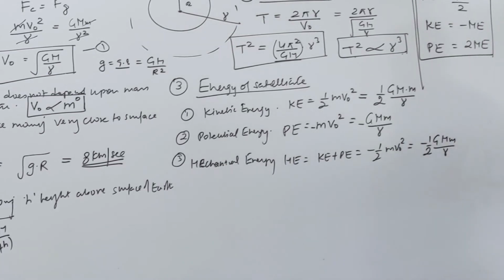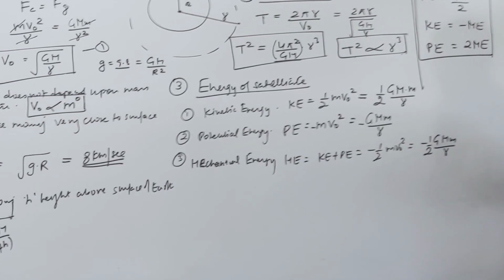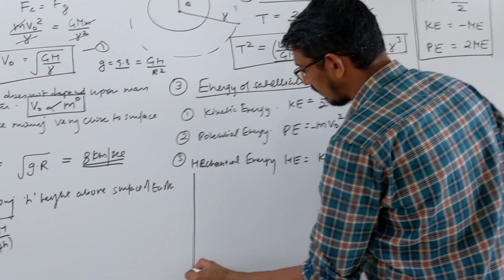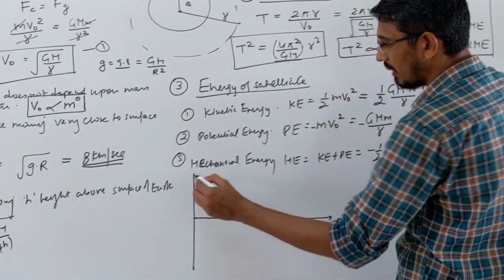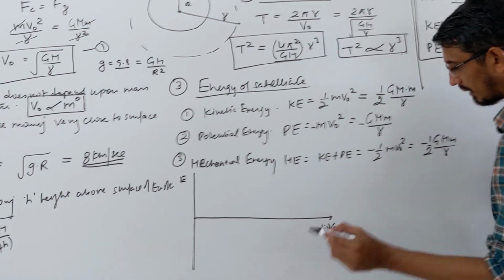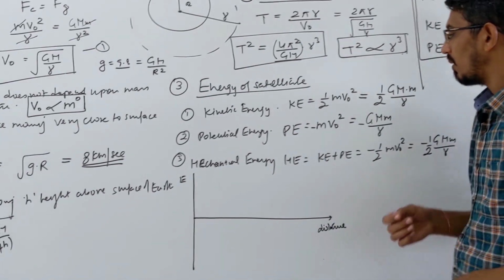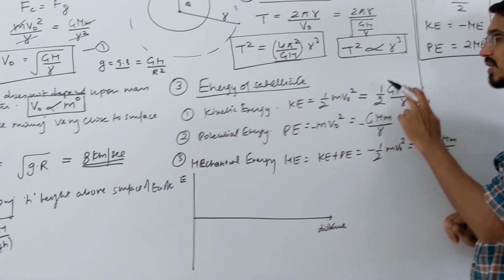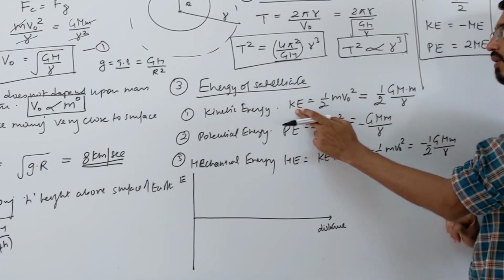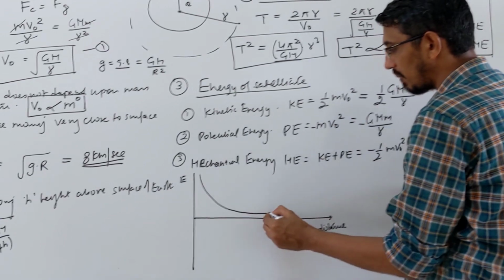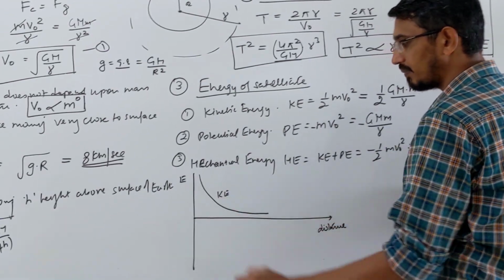So these are the energies, kinetic, potential and mechanical. If you see that carefully, if you want to draw a graph, this graph is very important. Look here, you want to draw a graph between energy versus distance, or orbit you say. How will energy and distance vary? First let us talk about kinetic energy. How does kinetic vary? Inversely proportional to distance r. This is a positive term, keep in mind, right. So the kinetic energy curve will look like that, inversely proportional to distance r. This is your kinetic energy curve, correct.